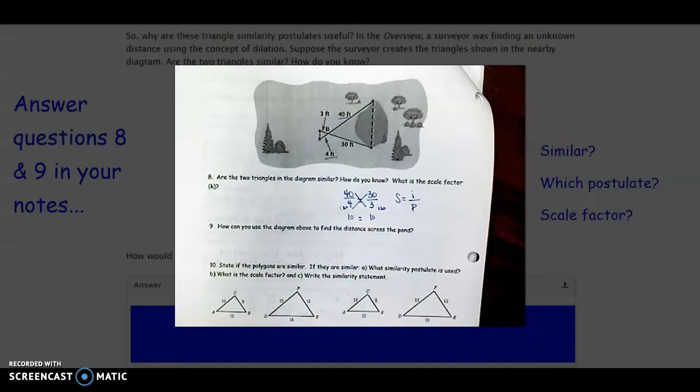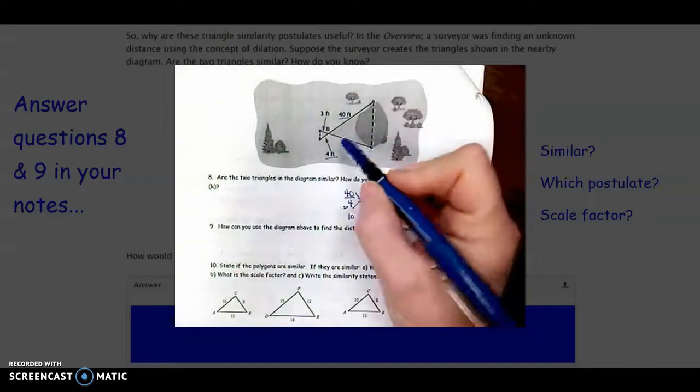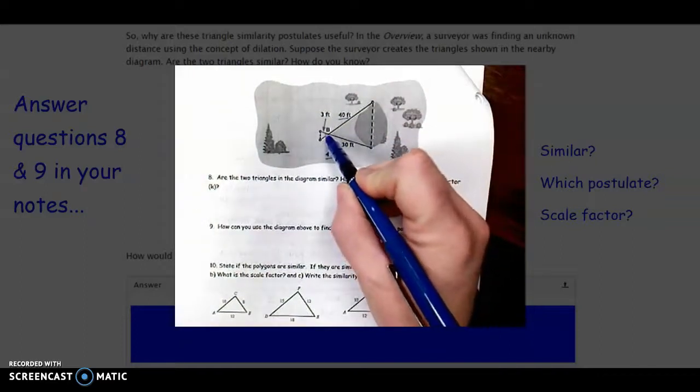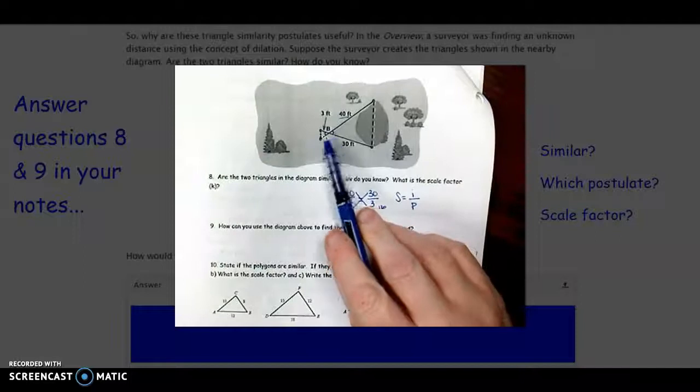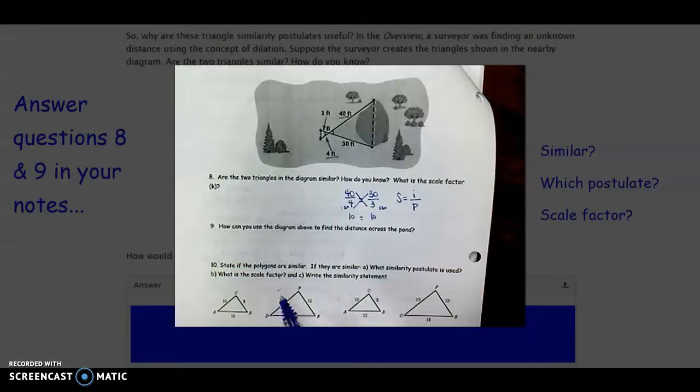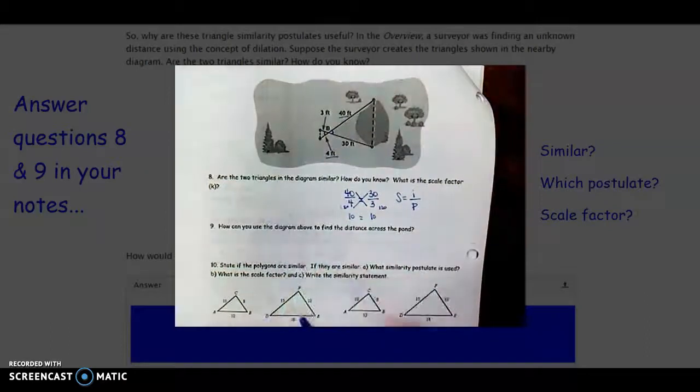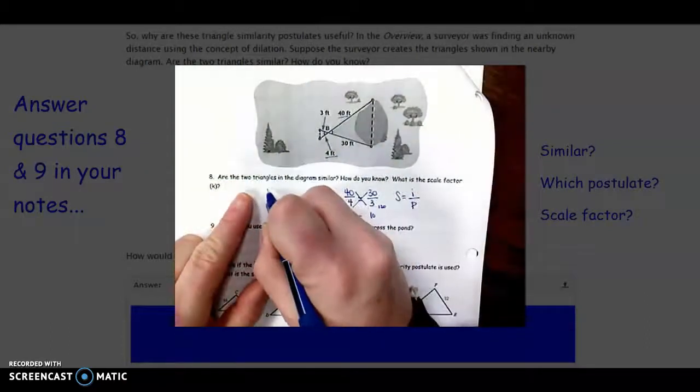Now, two proportional pairs of sides is not enough to say the triangles are similar. Remember, there's not a shortcut called SS. But in the same diagram, remember, we can always locate vertical angles when you have intersecting lines, like we do in this diagram, that are congruent to each other, and that is the included angle of the sides that we're looking at. So the question is, are the two triangles in the diagram similar? That answer would